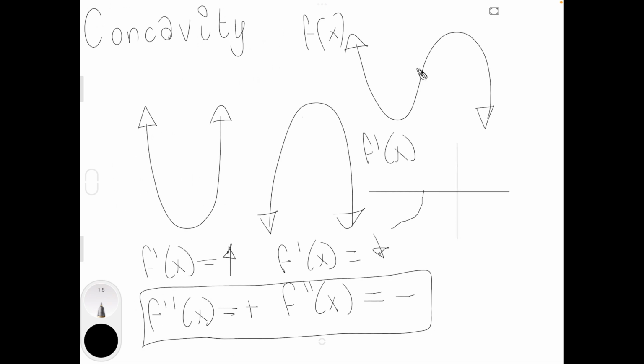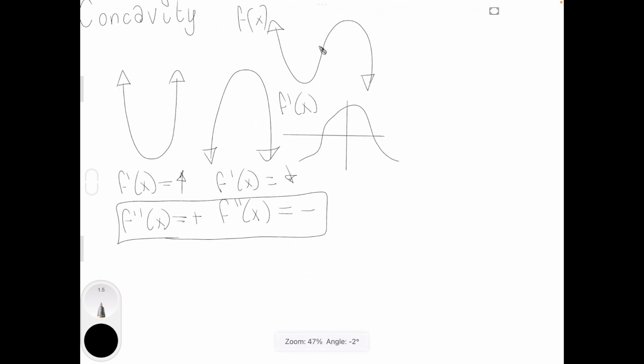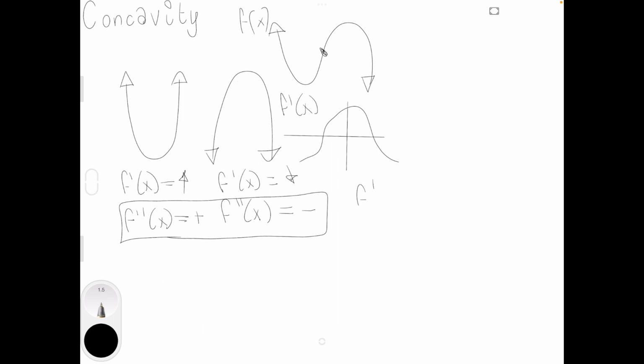And then at this point it hits 0, then it goes positive, positive, positive, positive, and then it goes down, hits 0, negative, negative, negative. That's an awful graph. And then when you get to f prime of x, or f double prime of x,